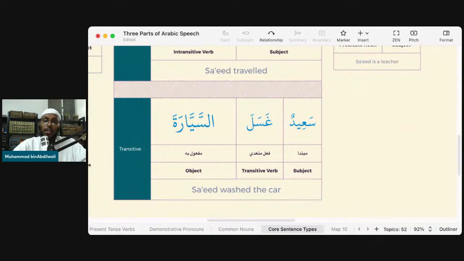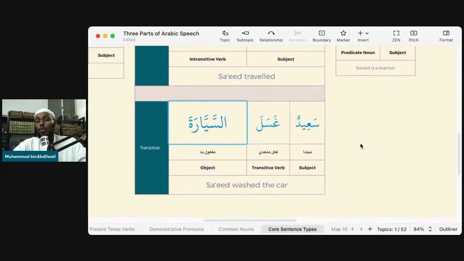Now here, Sa'id is the subject. He's the person who did the washing. And the car is the thing that got washed. And the difference in Arabic, you'll notice, is this one has Dhamma and this one has Fatha. That's why we said, when we talk about noun attributes, this is marfu'. Dhamma normally means the subject. Fatha normally means the object, the thing that got affected by the verb. Right? سعيد غسل سيارته. واضح? So this is now, if you want to make what?